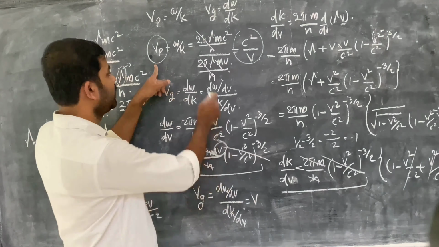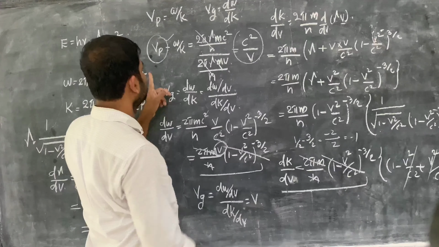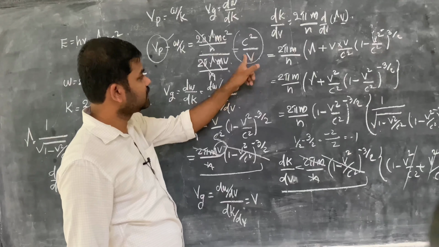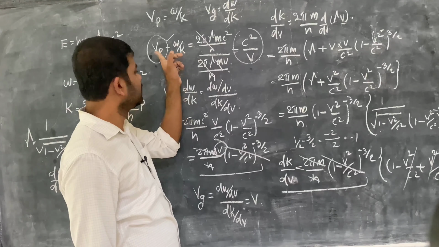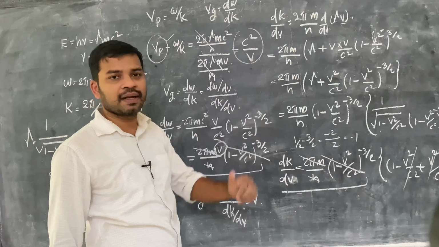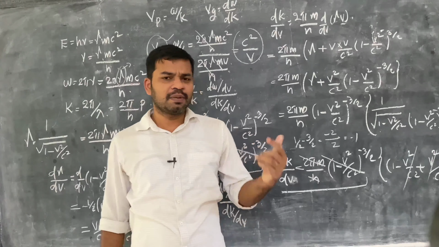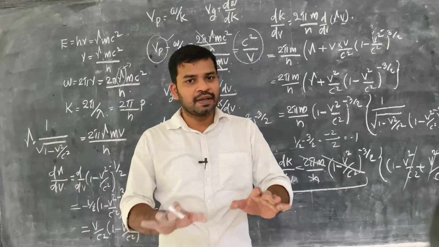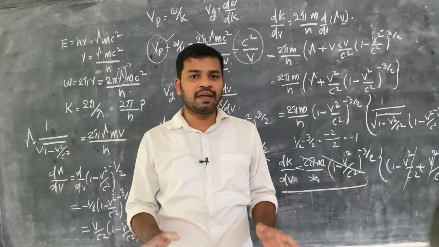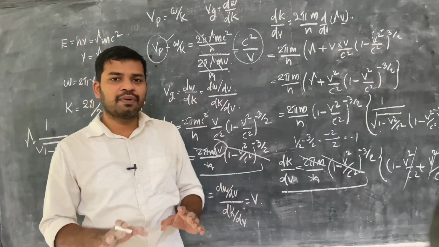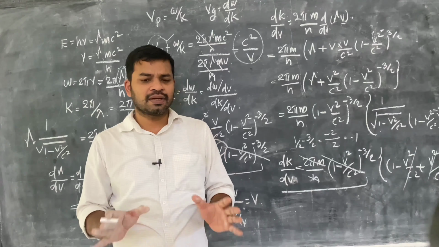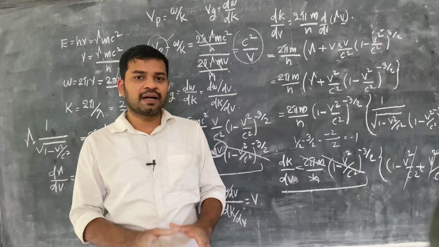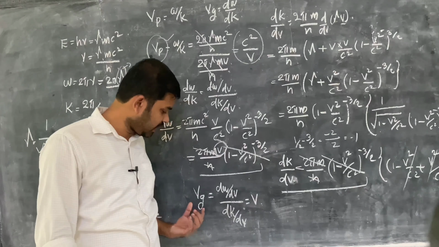So we have one more velocity, that is phase velocity, Vp, which is equal to c square by v. If we substitute some value here, we can see that this phase velocity may be greater than the velocity of light. That means it seems to be violating our special theory of relativity. It will not violate any theory because Vp has no physical interpretation, no physical meaning, because we have only a single particle, and its velocity is represented by the group velocity.